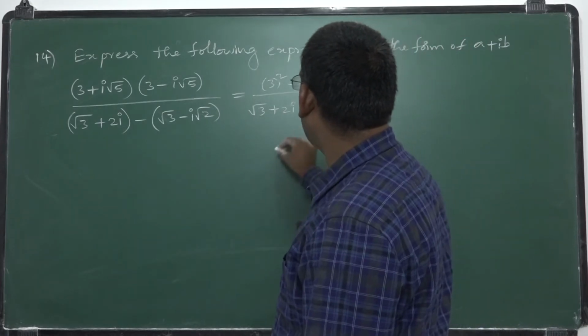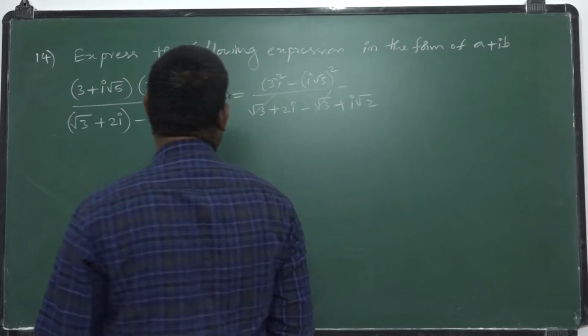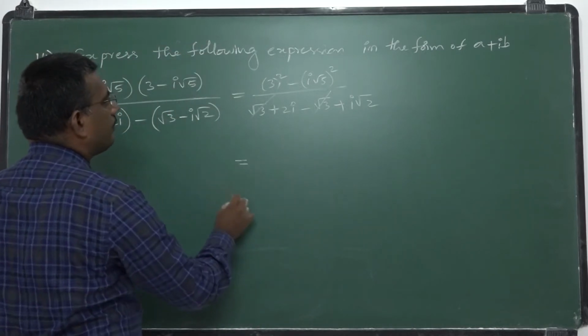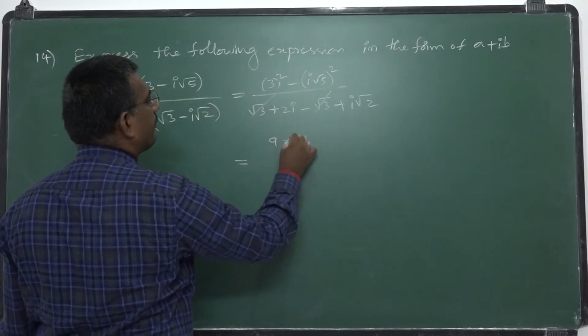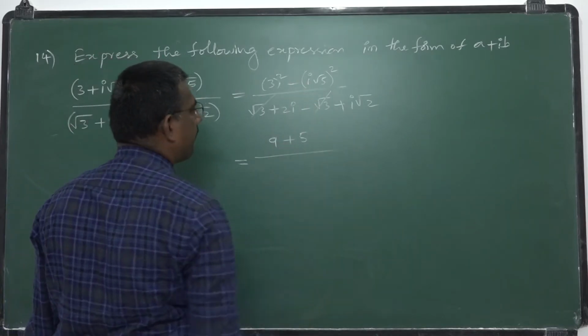So root 3 cancels. Numerator value will be equal to 9. i square value is minus 1, minus minus plus 5, divided by